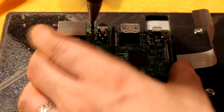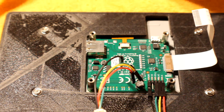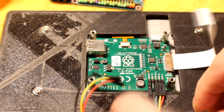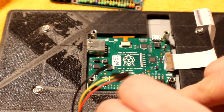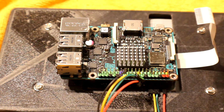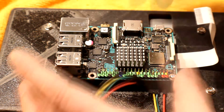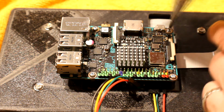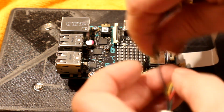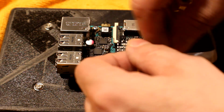The good thing about the Tinkerboard is that it's an exact match for pinouts and the standoffs for mounting it on the back of the Raspberry Pi screen here, as you can see me swapping one over for the other. So it's an exact match, and that means you don't have to make a new case for it. Instantly, that's a 3D printed case that I did for the screen, just to hold it all together, and means that I'm not